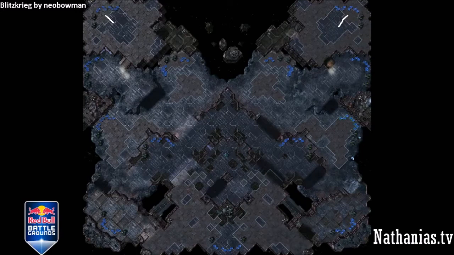As you can see, Blitzkrieg, created by Neo Bowman, 2-player map. Relatively large. There's a lot of space towards the bottom left and the bottom right sides for expanding for both players onto a long game. We can see the center of the map hosts a very interesting choke point setup that allows a single Xel'Naga watchtower to give a great amount of vision for spotting attacks in the mid game as well as controlling key